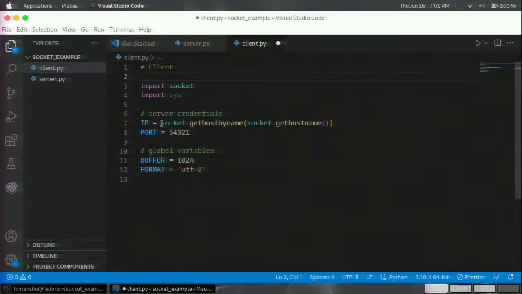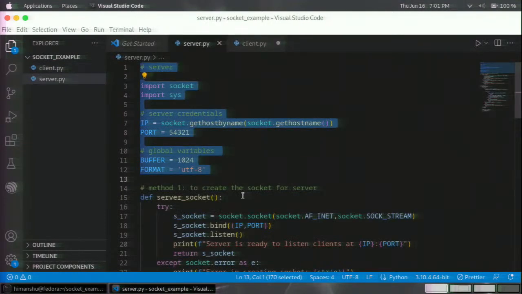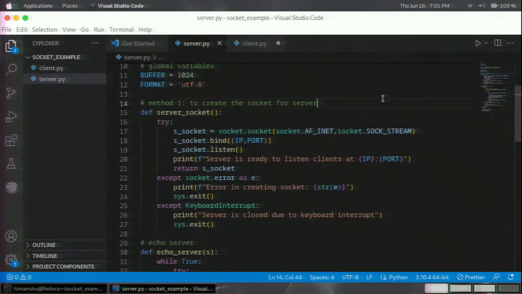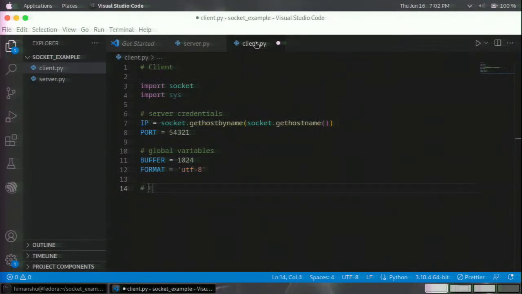I am using the same mechanism here, socket.gethostbyname and socket.gethostname, and the port of the server is the same. So now the global variables, I think that you remember what the global variables are and how to use those global variables, why we are basically declaring those global variables. Like the server program, remember the first method that we created to create a server socket. Similarly, in this client program, I am creating a client socket. So creating a client socket, let me name it client_socket,